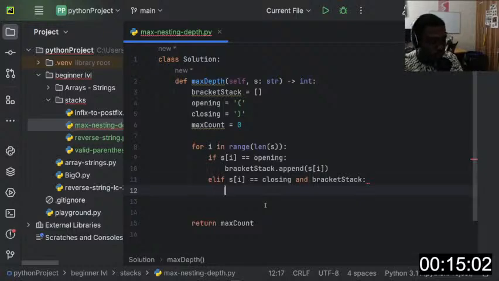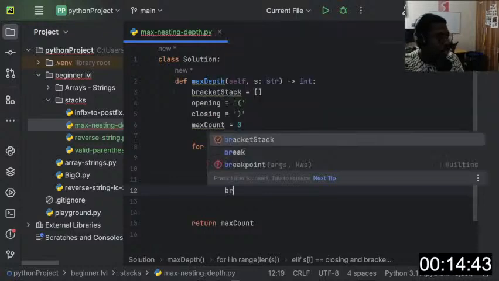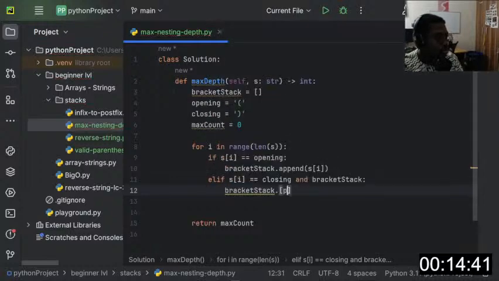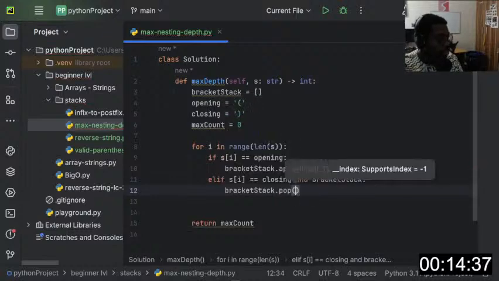So here's what we're going to do. We want to be removing as much as we can, right? We can't just do this, right? Bracket stack dot pop, right? If we're popping like this,